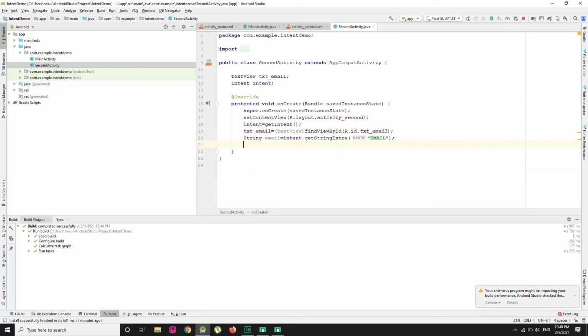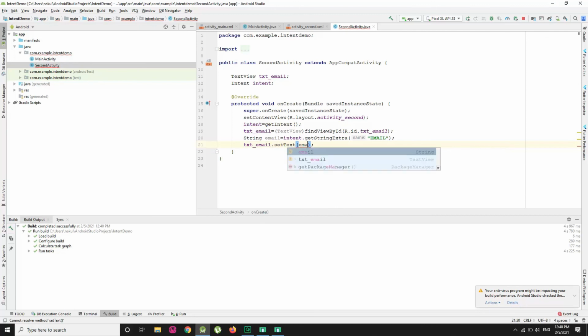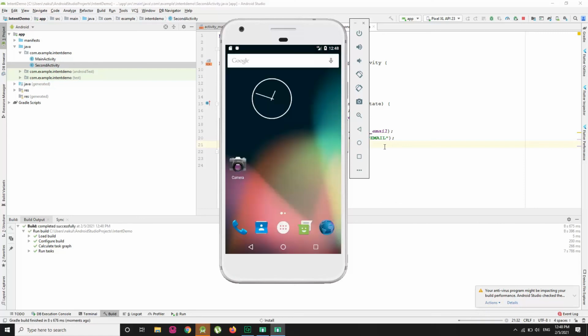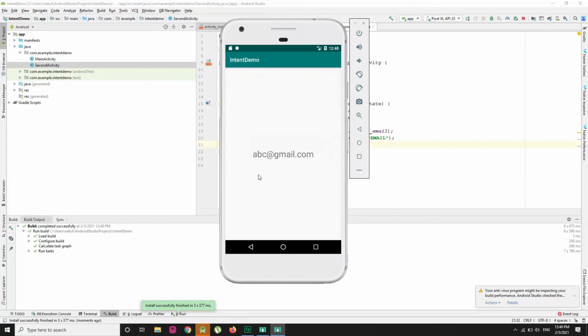Now txtEmail dot setText, and here we have email. So let us check the output. Here I am going to write abc@gmail.com and then navigate to second screen, and we have abc@gmail.com over here.